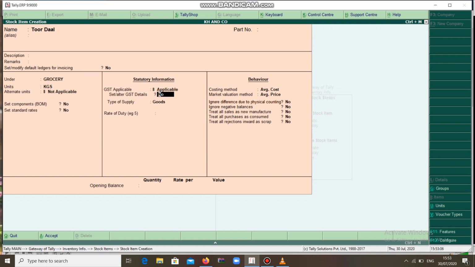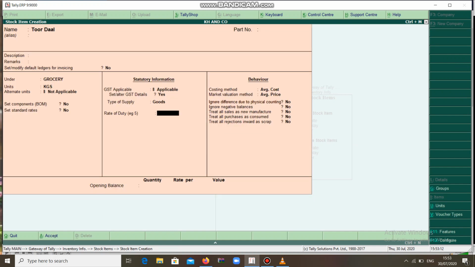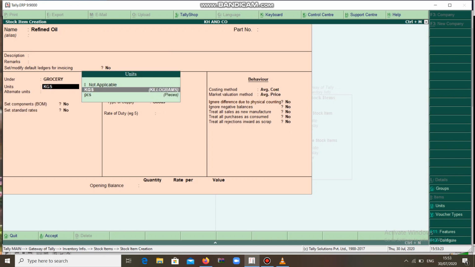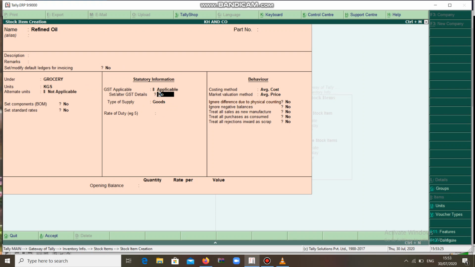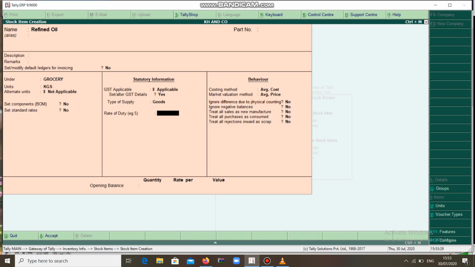Kgs, applicable yes, on value, nil rated. You have to select the items are nil rated. Same way you can go for refined oil. So it comes under grocery, kgs, applicable yes, on value nil rated, enter.